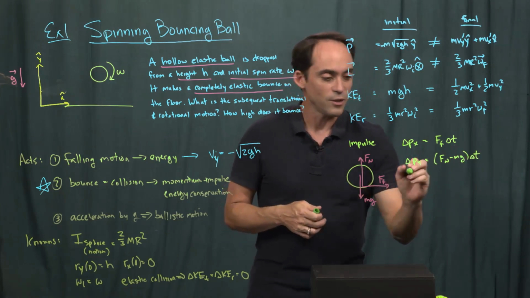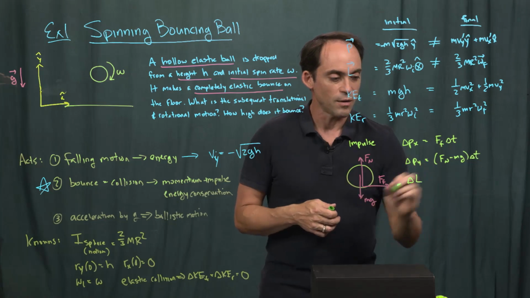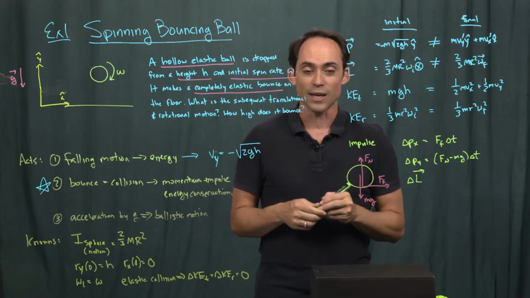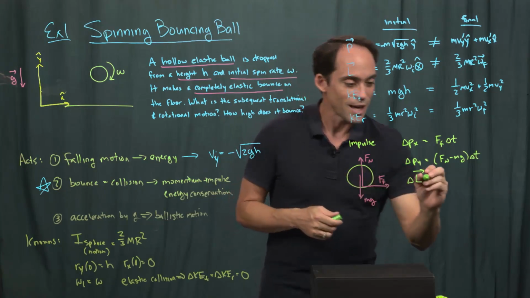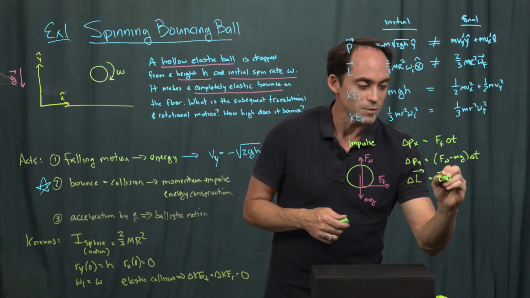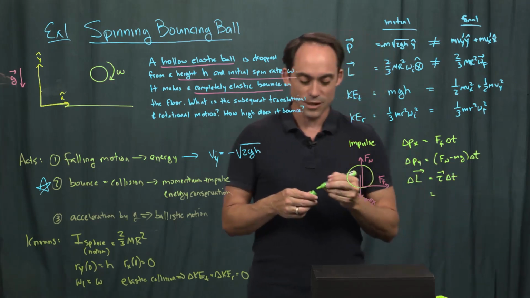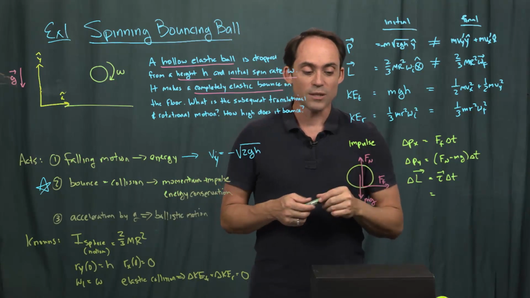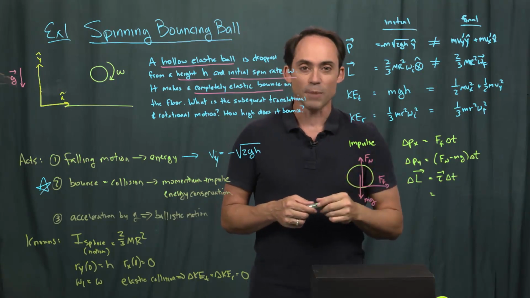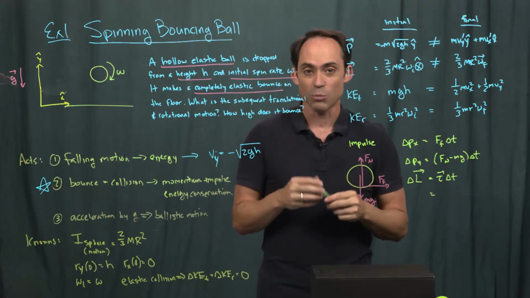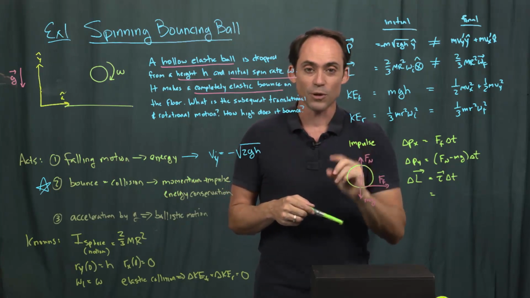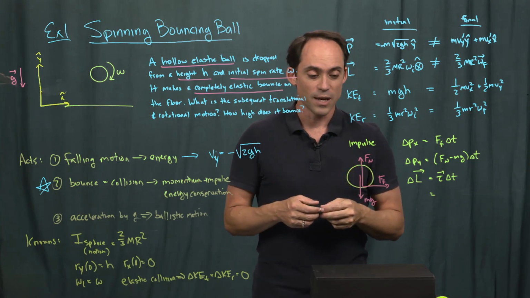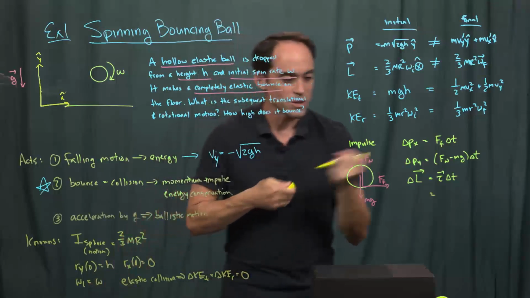And we can calculate the change in the angular momentum, and I'm going to explicitly make this a vector so we can make sure we know which way the torque is acting. Of course, that does equal the torque times the time at which it takes place. And now we have to calculate what that torque is. The easiest point to make this measurement is going to be at the center of mass. And since we're just looking at the collision point, we can choose that for this part of the problem to be the center of our coordinate system. So if we draw our coordinate system centered right there,